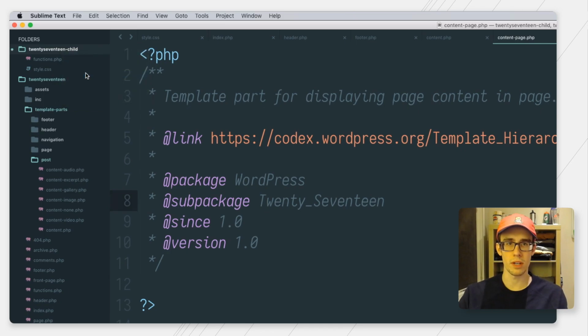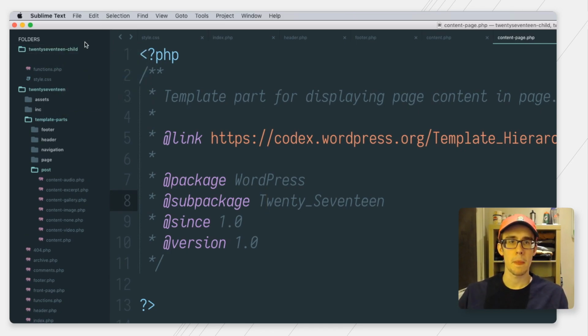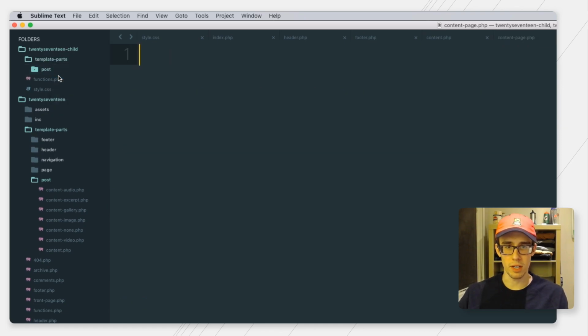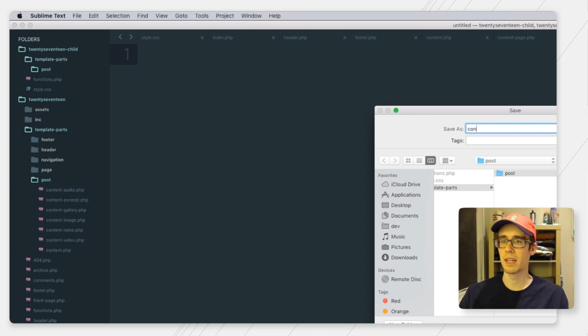Let's create a new folder. First it's going to be template parts. Inside that folder, I want to duplicate this post folder I see here. So we're going to do post. Now I have template parts post, and then I'm going to create a new file and name it